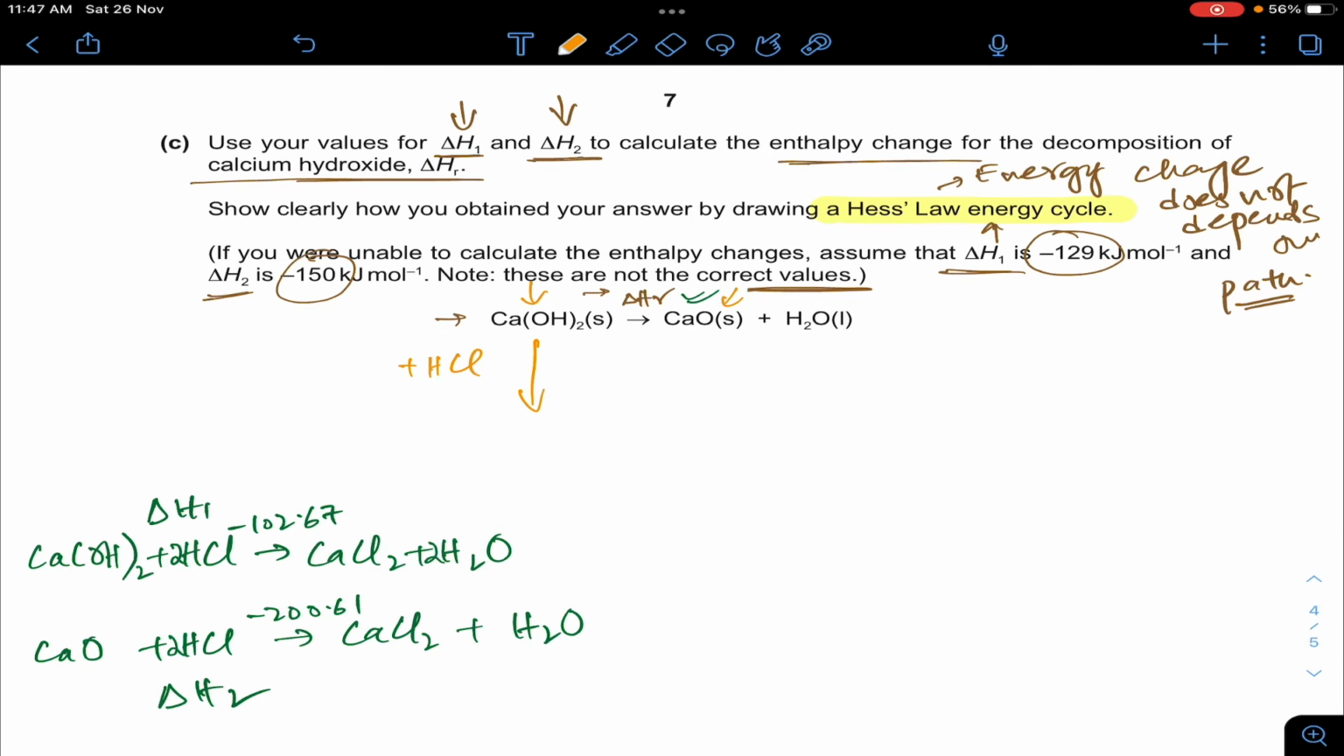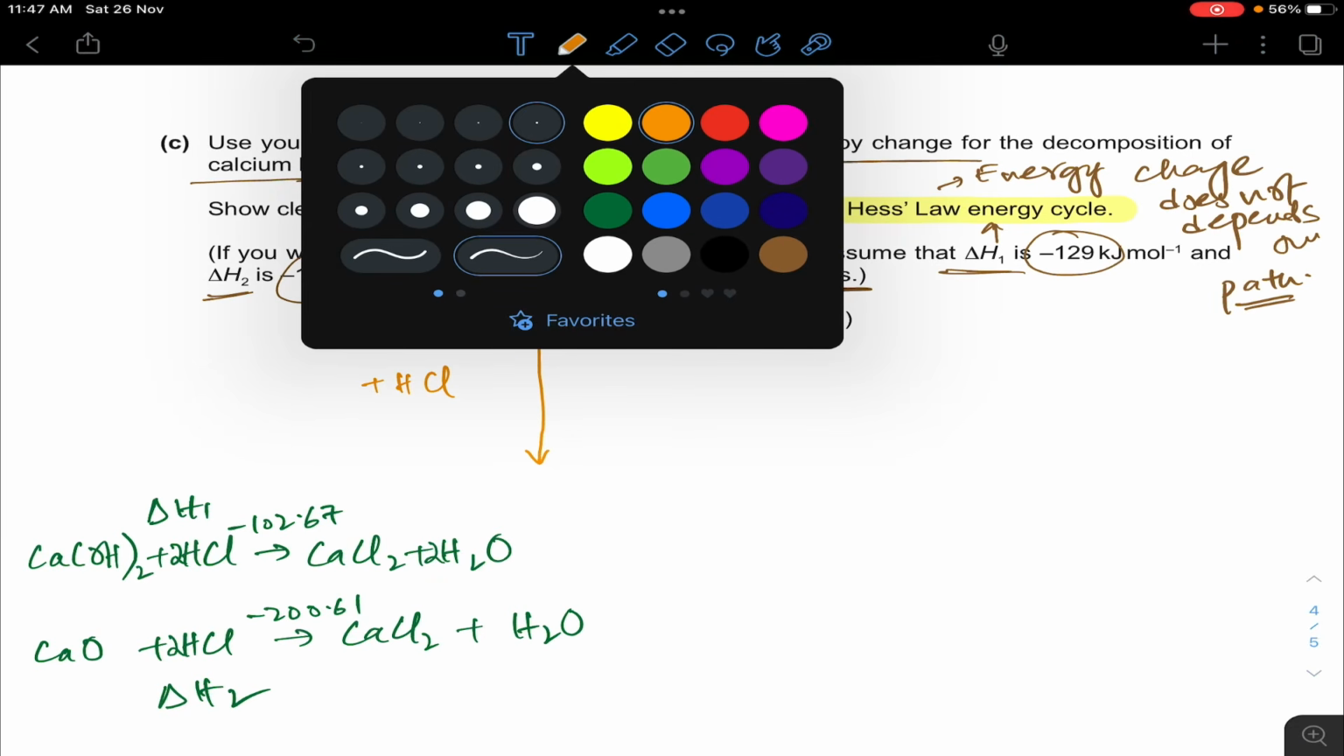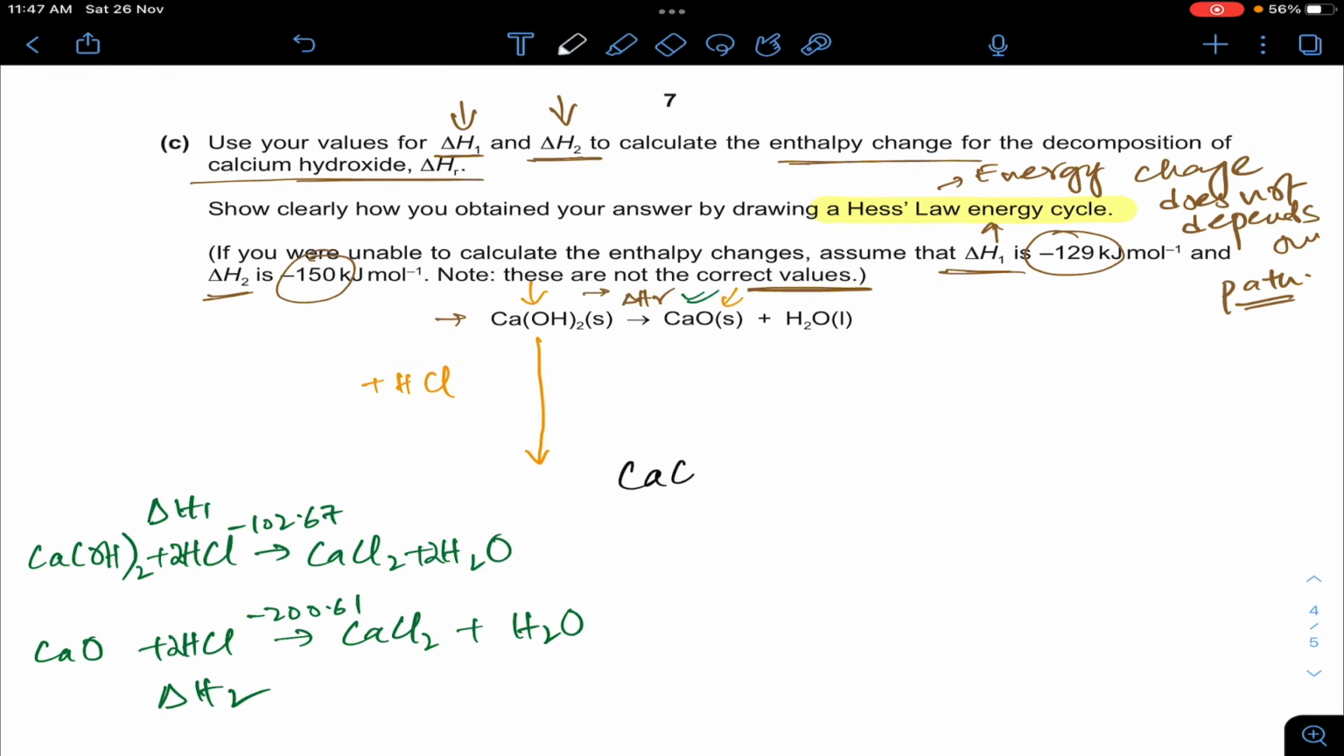If we react calcium hydroxide with hydrochloric acid, the products which we get are calcium chloride plus water, right? And the amount of energy change which occurs in this process, now this is delta H1, is minus